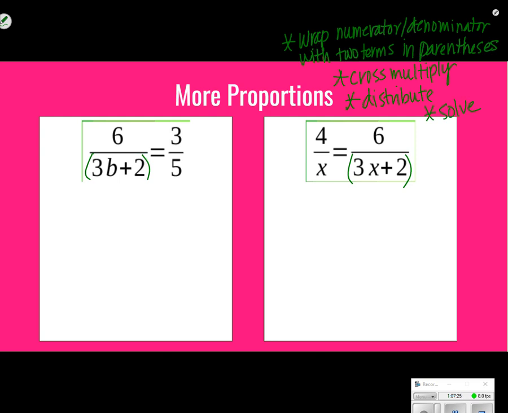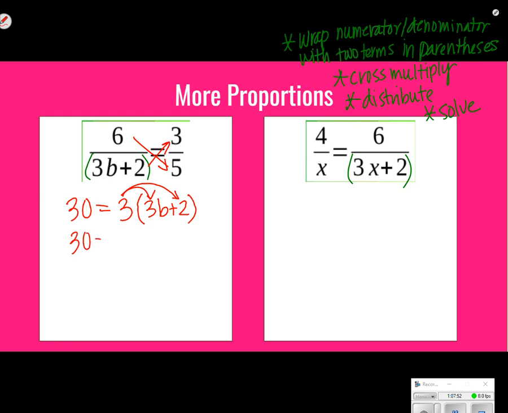Okay, so let's do some examples. So if I cross multiply, 6 times 5 is 30 equals, when I multiply this way, I have my parentheses already there, so I'm going to do that 3 that's from the top right, and then parentheses 3b plus 2. Okay, what that does is it gets everything on one level. Now I can distribute, or if I wanted to, I could divide by that 3 that's out in front, but